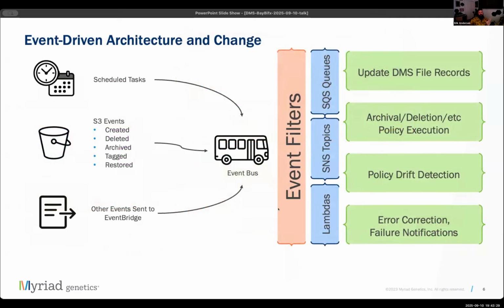The event-driven features of the DMS are especially exciting, since they transform the system from a static metadata repository to a true data management system. We use EventBridge as our central nervous system. It receives events from other systems and from monitored S3 buckets, or from a configured schedule, and then routes them through event buses to filters that allow us to target behaviors as broadly or narrowly as needed.